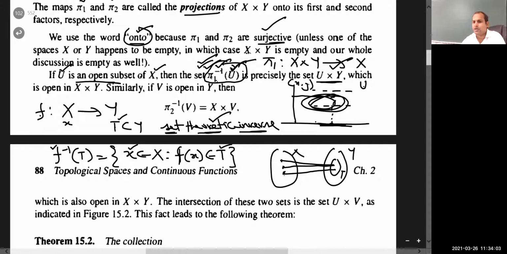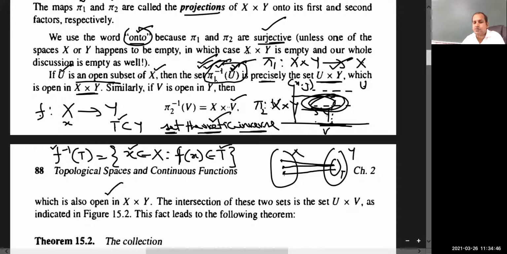So basically what we are saying is that if U is any subset of X, then the set pi 1 inverse of U is precisely the set U cross Y, which is open in X cross Y. How that happens I will show with the map. Similarly, if V is open in Y, then recall that pi 2 is a map from X cross Y, the Cartesian product of X and Y, to Y. So if V is any subset here of Y, then pi 2 inverse of V is going to be members of this type X cross V. Now let us visualize this geometrically,